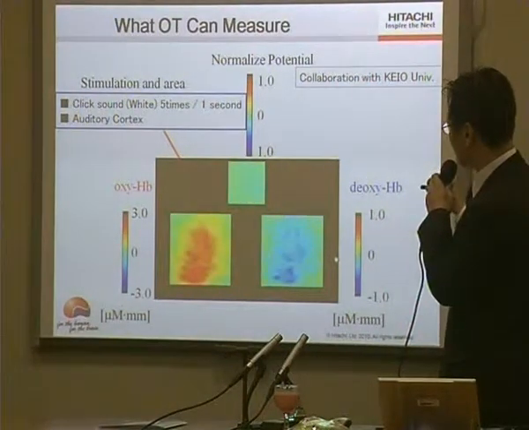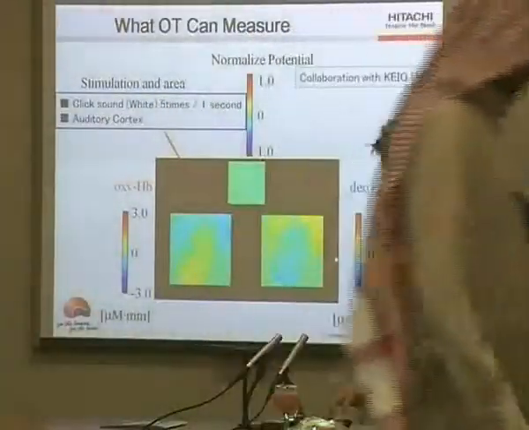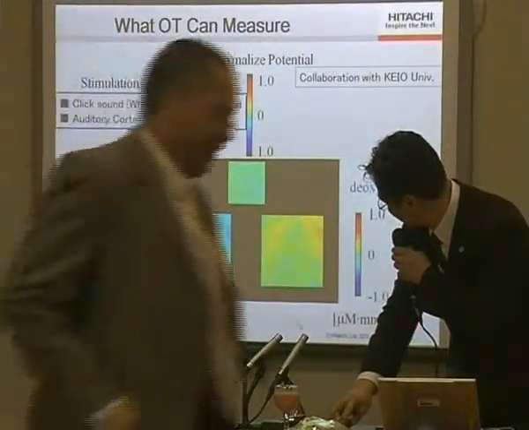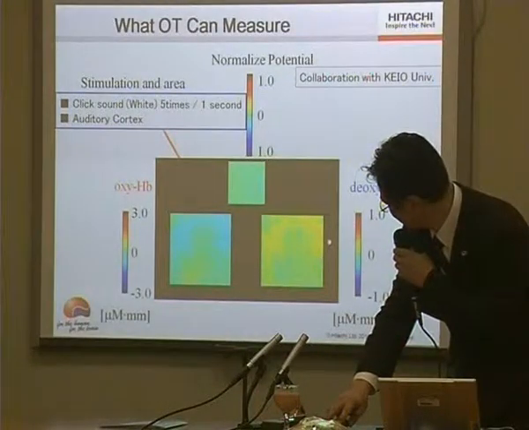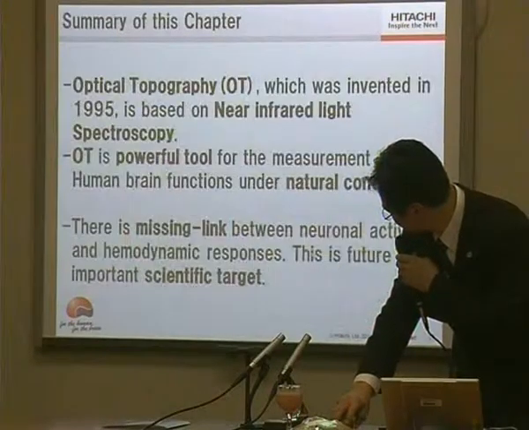Now let's have the sound. The measurement area was the auditory cortex, and when the rat heard the sound, the auditory neuron was activated. It's like a spike, because this is an electric signal. And then